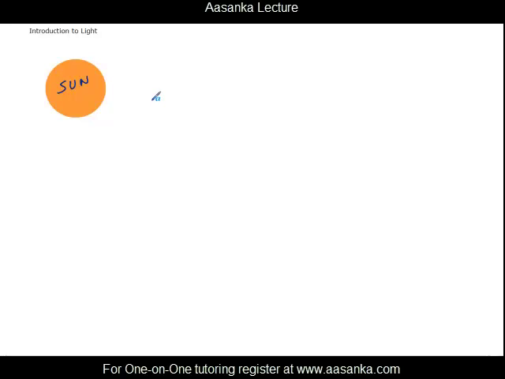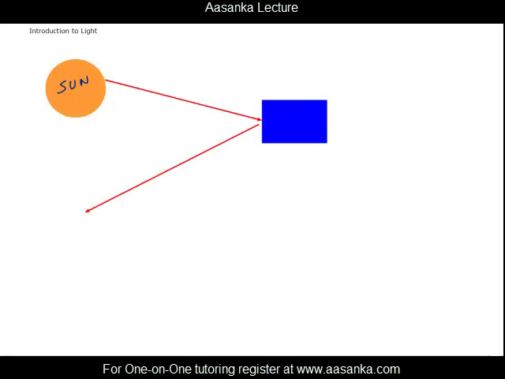Light is nothing but energy which actually gets transmitted, and when it strikes on any surface, for example light coming from the sun, when it strikes an object, then it gets reflected. And if your eye is here, then it creates a sensation